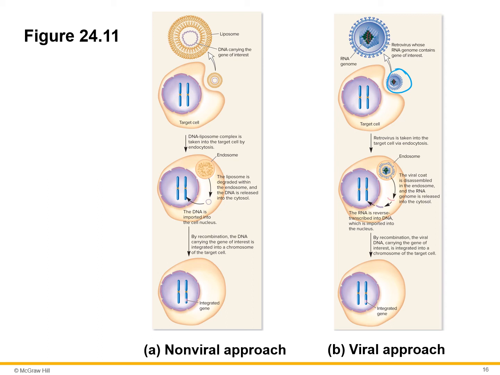And so that would be a way of getting the corrected gene into the cell's genome. It's much more complicated than that because it has to be put in the right place. So the right promoters and things like that would be surrounding it to make sure that it would be turned